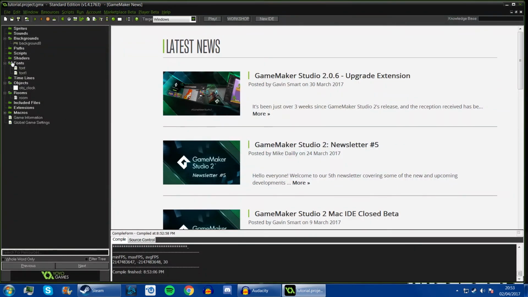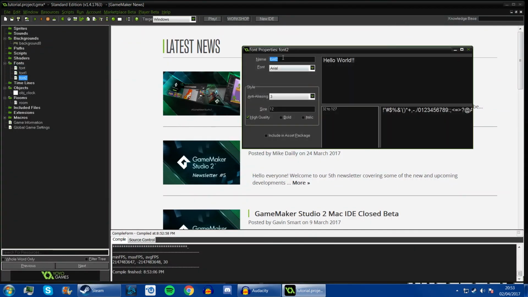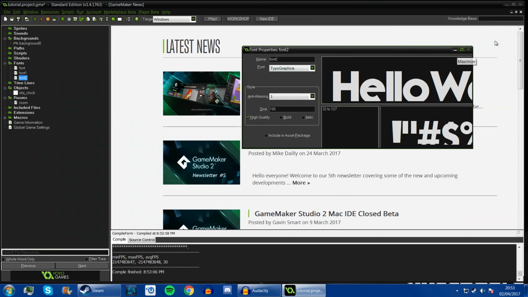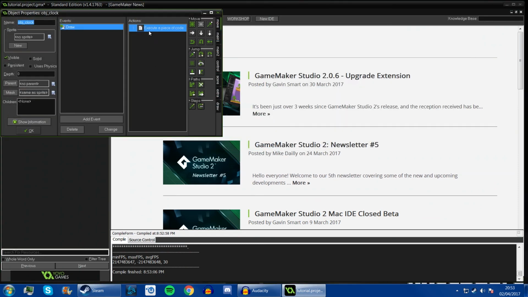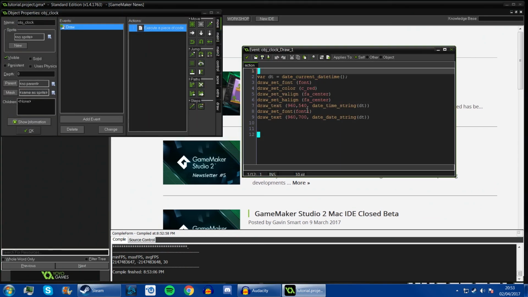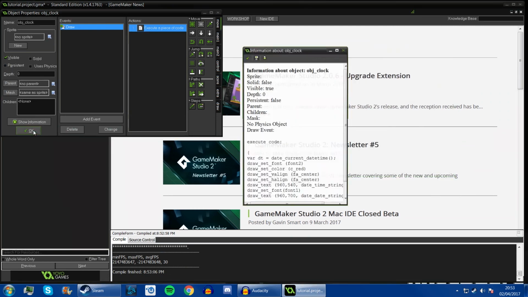Nope, didn't load up with it. So if I quickly just create another font, call it font 2, yeah sure. Set it to typographer 100. I'll just do it with the top one because the bottom one isn't really affected by this issue. But basically, if I set that to say here, set it to font 2, and then